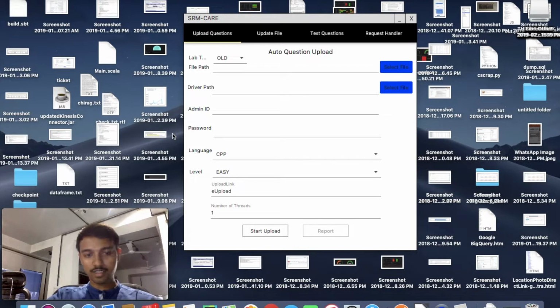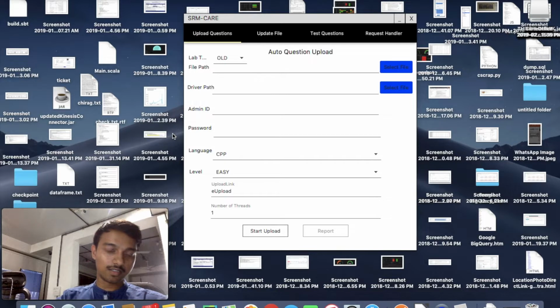Why I created this tool, eUpload, is because you all might know about eLab, right? eLab is an application, but eLab has to get data. So the main part is where eLab gets the data from. So how eLab gets the data is